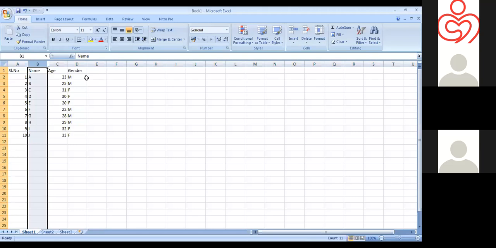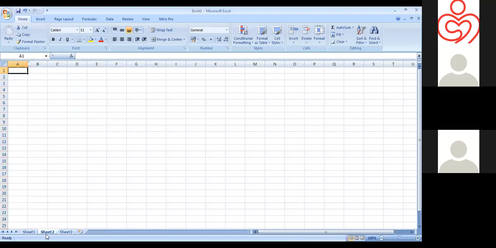Suppose we have 2 groups, where the first 5 belong to one group and the last 5 to another group. While doing such data entry, if our study has more than 2 groups, many of us may enter the data in separate sheets.